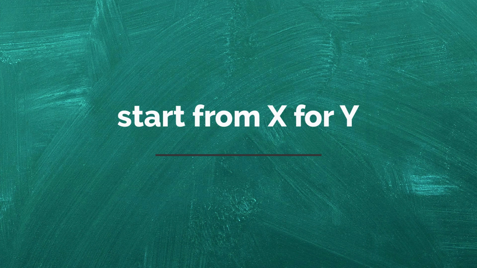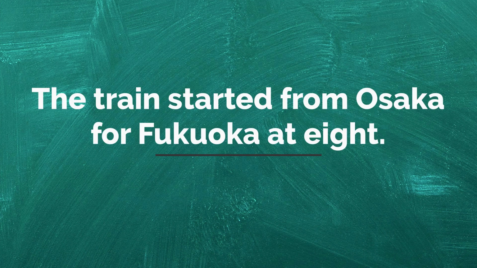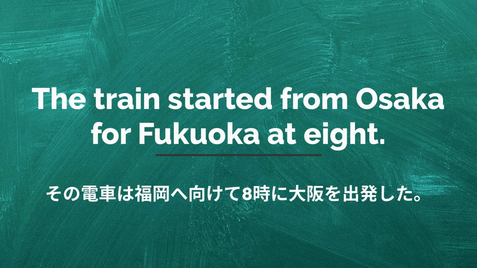Start from X for Y. Y に向けて X を出発する。 The train started from Osaka for Fukuoka at 8. その電車は福岡へ向けて8時に大阪を出発した。